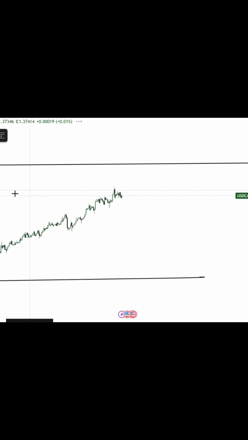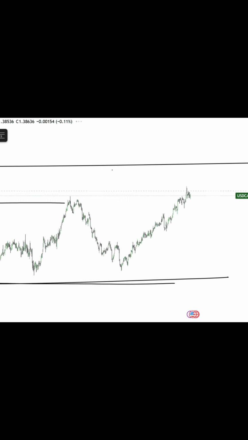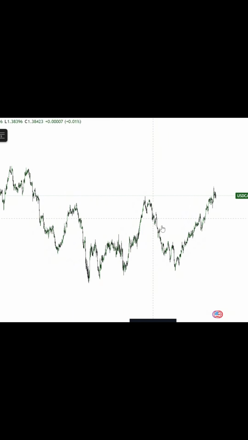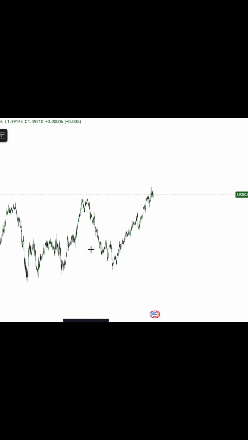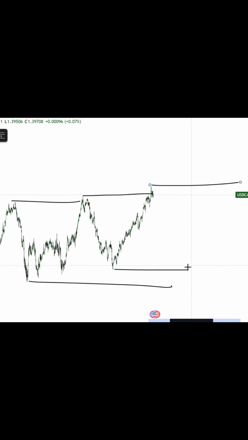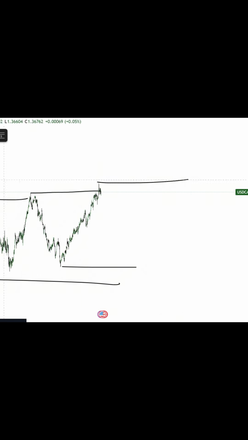So if we go down onto the 4 hour time frame, what we can see is we are technically swing bullish with a break of structure over here. This is our swing low. This is, oh no, we've had another break over here. So this is our swing low and this is our swing high. After a break of structure, we expect a pullback. So I'm expecting a pullback towards this point of liquidity